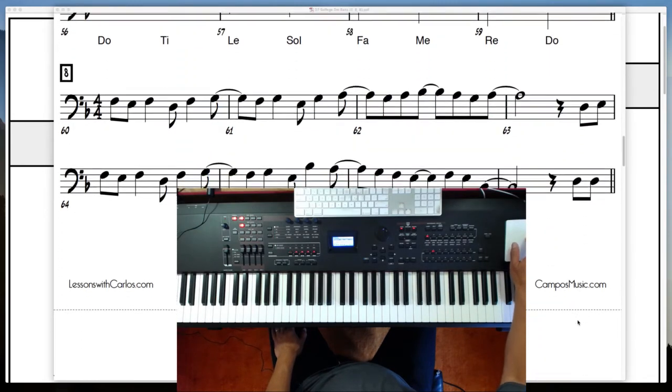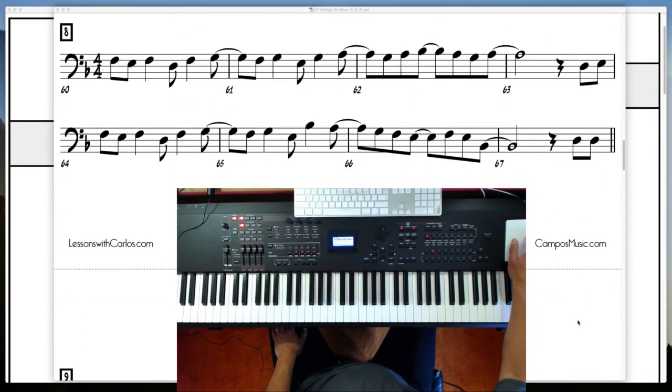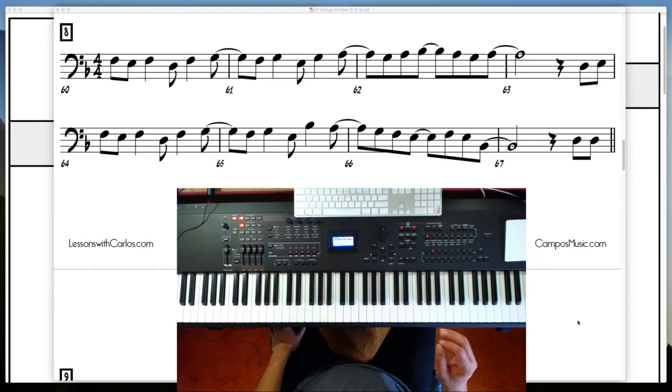Okay, so now we're going to do number 8. Let's switch to right hand. So 1, 4, 4. And how about left hand? We're going to do pulse in 2 and 4. So it's going to be like this. 1, 2, 3, and me, re, me, do, me, fa,